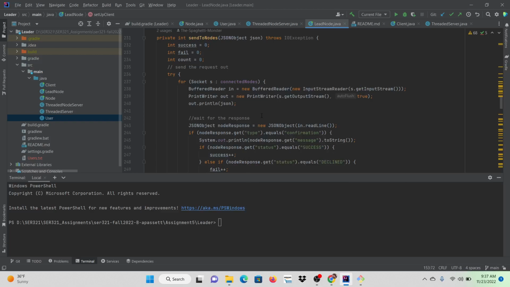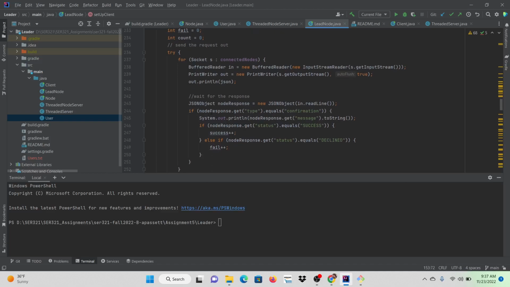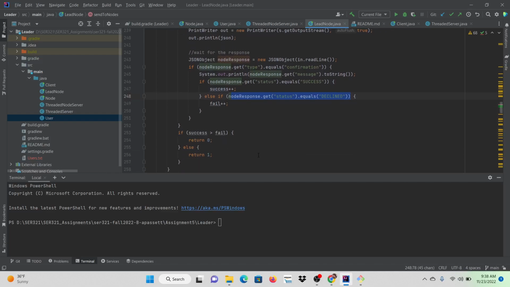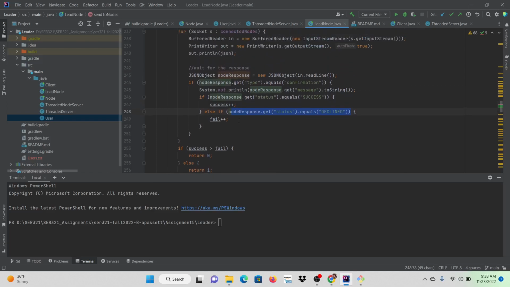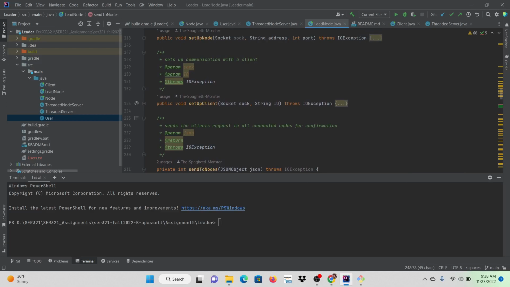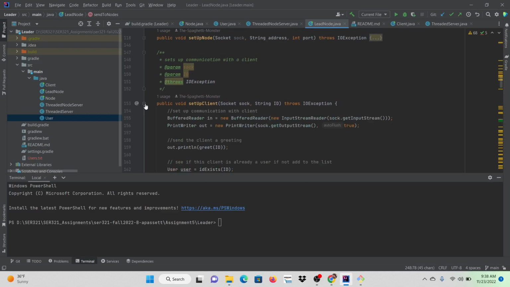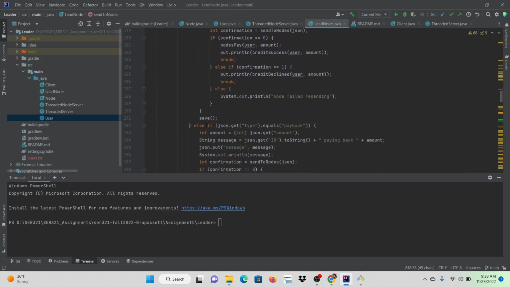And then you're either getting confirmation and the status is success, which is going to equal success plus plus. You're going to get a vote for success basically, and then a vote yes. All right. And then if the status returned is decline, your vote is no. And then if success outweighs fails, return a 0. And then if you return 0 to the client here,